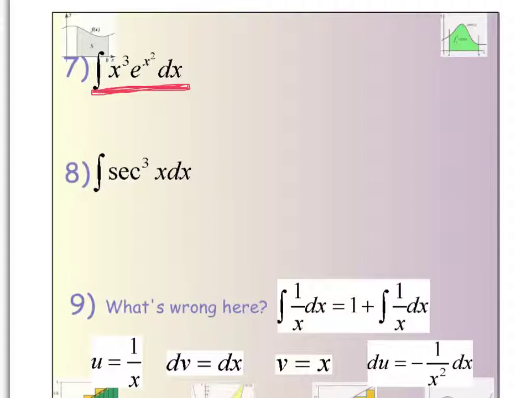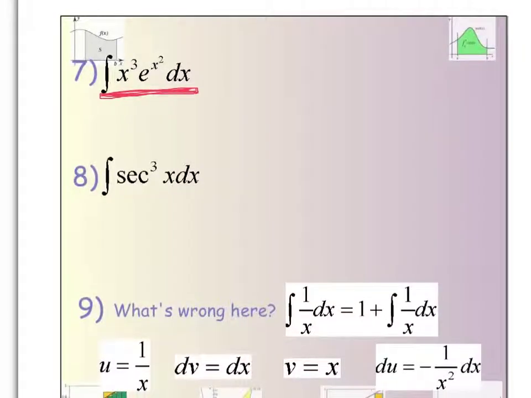So did you hit pause? Go for it if you didn't. So if you already tried letting u equal x squared, or excuse me, u equal x cubed, and dv